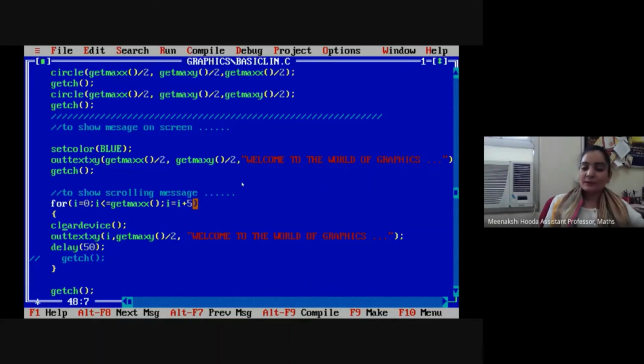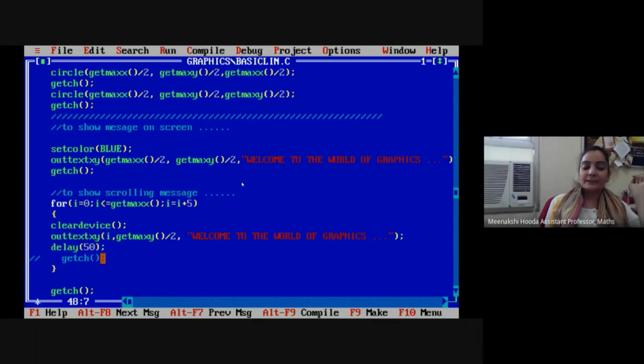You can use either 1, 2, 3, 4, up to you, how many pixels you want to jump at every step. So clear device, out text xy, we are just updating the value of the x coordinate, and the y coordinate we have kept fixed, and then again the message will be displayed.